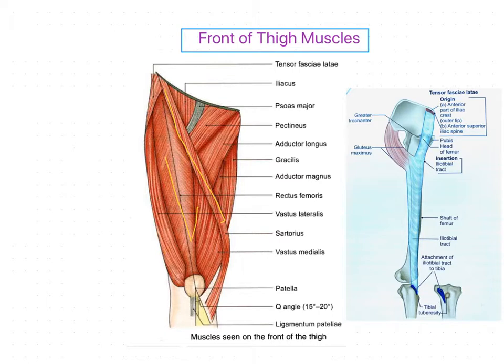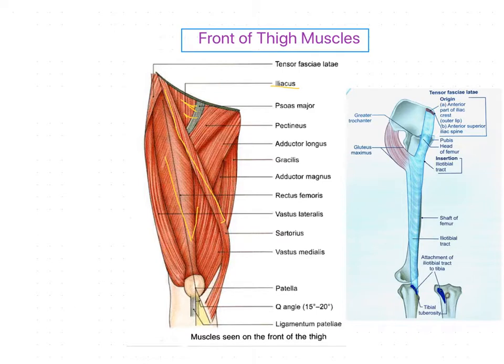In addition to these, some muscles belonging to other regions are also encountered on the front of the thigh. One is the iliacus and psoas major muscles, which form the floor of the femoral triangle, isn't it? We have already discussed the iliacus and psoas major in the abdomen. And the pectineus and adductor longus, which are also related to the femoral triangle, are muscles of the medial compartment of the thigh.